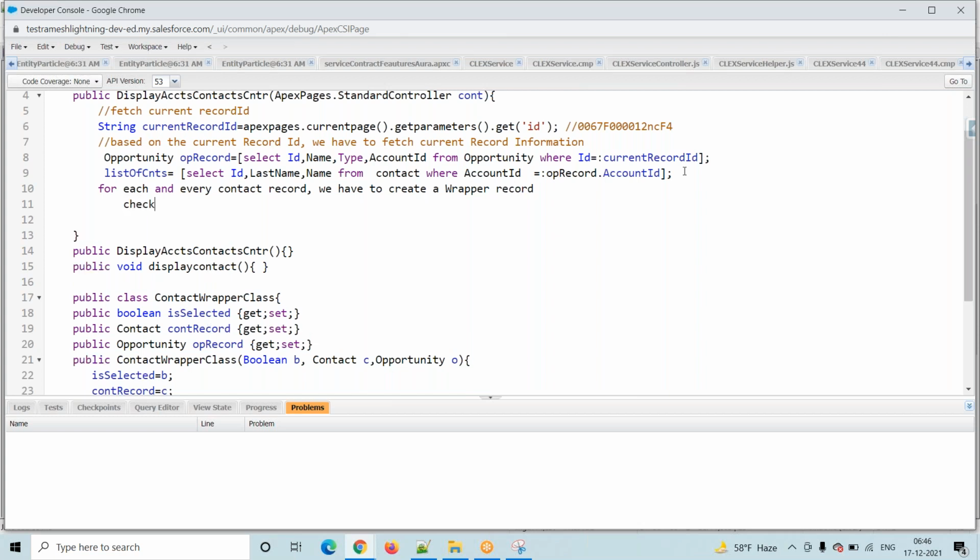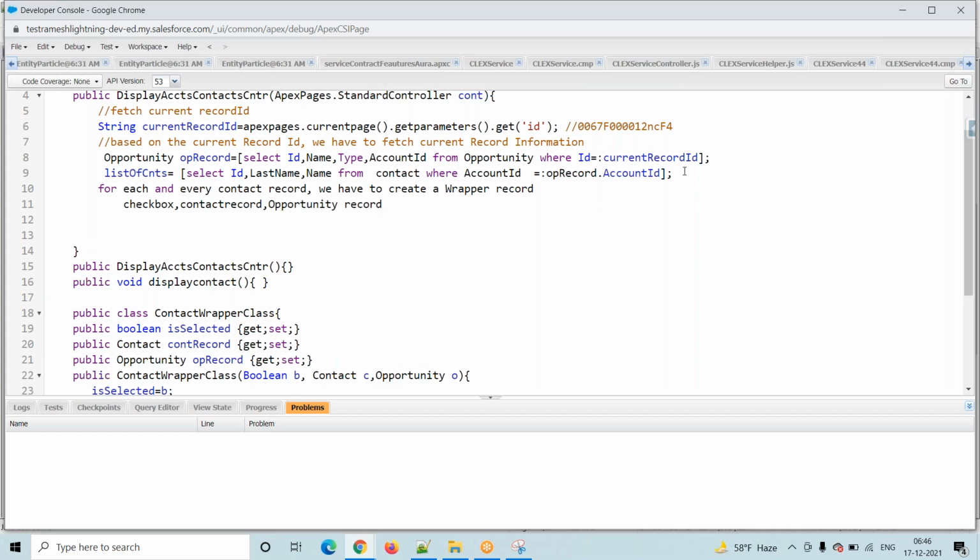In that record, checkbox plus contact record plus opportunity record. This is called a wrapper record.